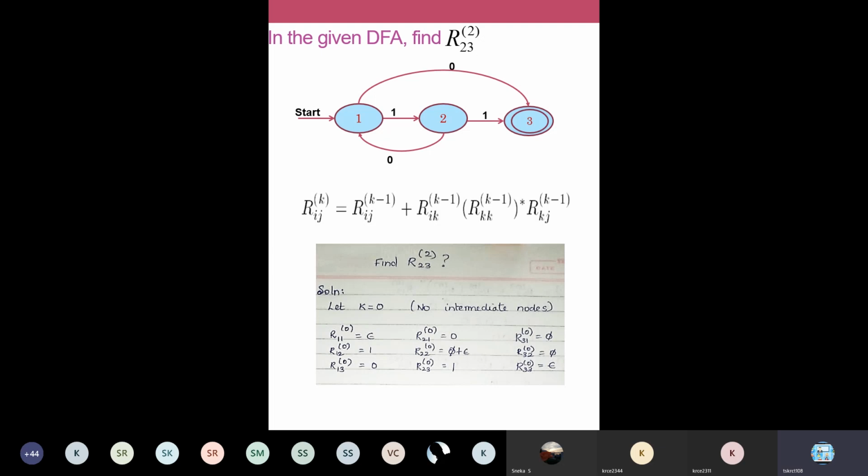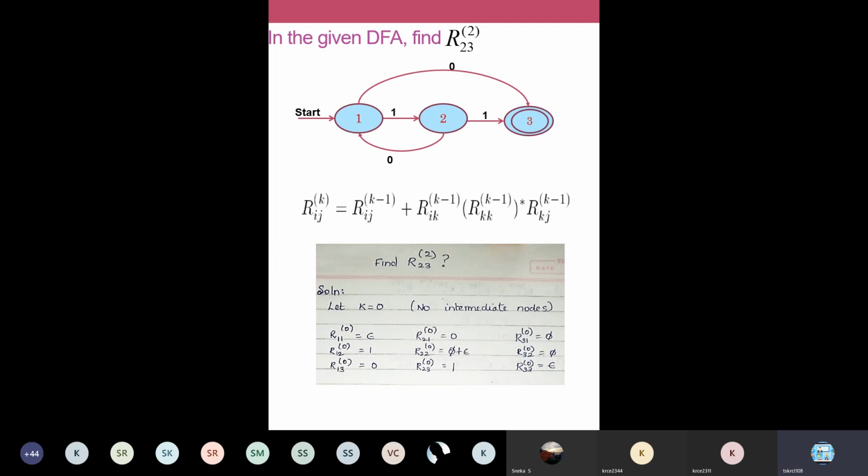So this is the first step. In the basis step, you assume k as 0 and find out the regular expressions at k is equal to 0. So simply we are going to see whether there are any edges connecting two nodes. Okay, so from i to j, whether there is any connectivity. So in the first problem, there were only two states, 1 and 2. So we found 4 combinations: 11, 12, 21, 22. That's all. But here you are having 3 states. So in that case, you have to find out all possible combinations between these 3 states. So R11, 12, 13, and then R21, 22, and 23, and then 31, 32, and 33. So for level 0, we have found like this.